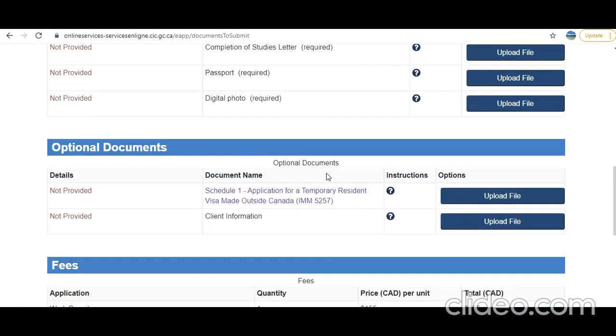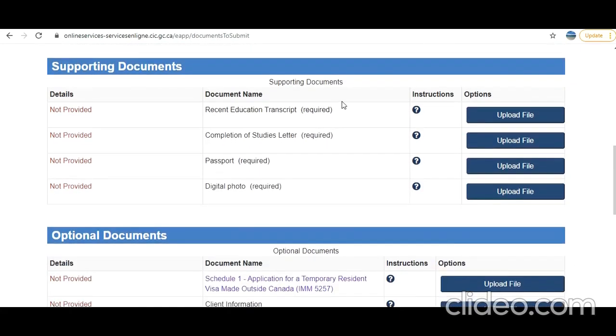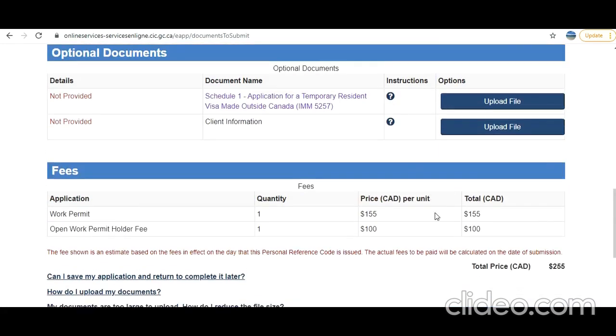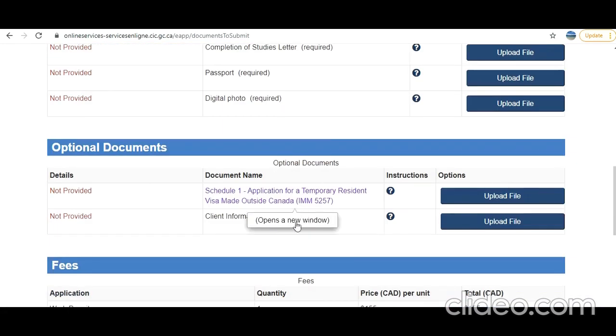Okay, I'm coming back to the checklist, so that needs to be uploaded here, and these documents we have already gone through. So once you complete the mandatory section, you will get the next option, and as I suggest, do these as well. I'm going to include the links in the description so that you can do it easily yourself.